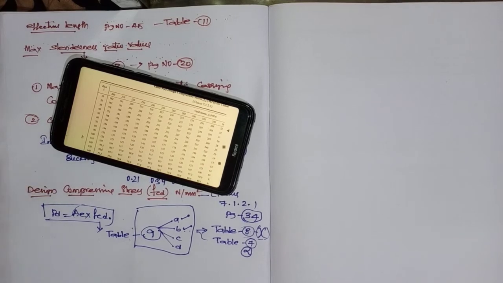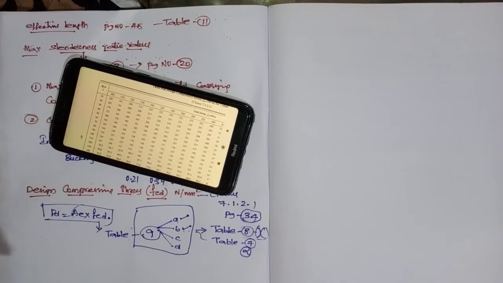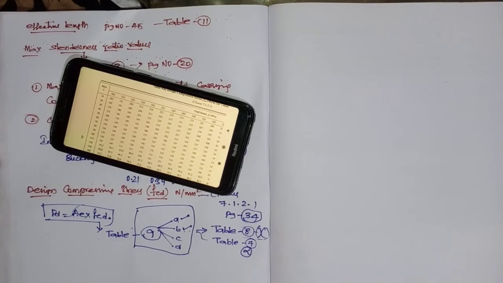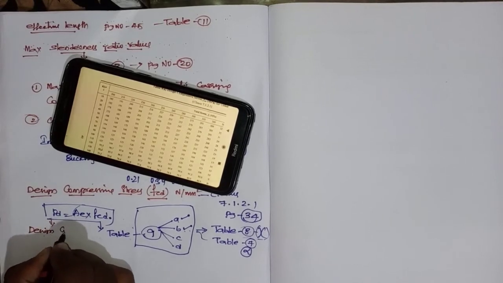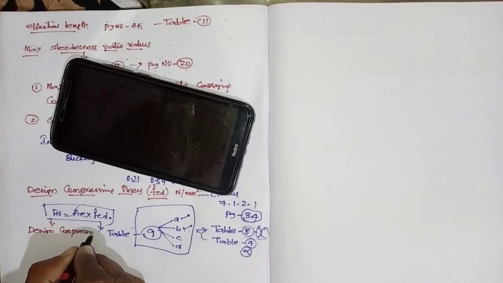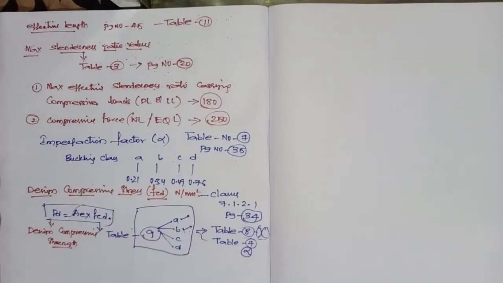The code has given a very easy method to calculate the Fcd value, because even though you can calculate it by using that formula also, it is a time-taking process. For that reason they have made some ready-made tabular columns, that is table number 9A, 9B, 9C, 9D. So this is the thing. What is this design strength? I told you, this is the design compressive strength.